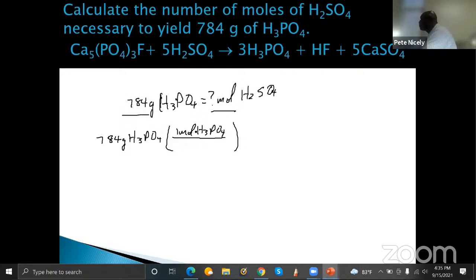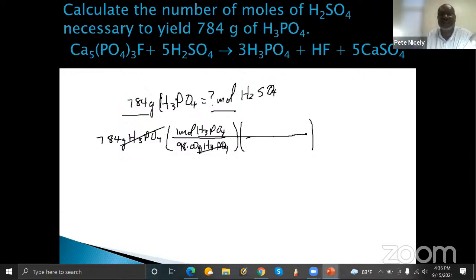Okay, so the formula is H3PO4. And according to my molar mass calculator, the molar mass of H3PO4 is 98.00 grams of H3PO4. All right. So by doing this, we would have converted the grams of phosphoric acid to moles. All right. So the next step is I would look at the mole ratio between, again, the phosphoric acid and